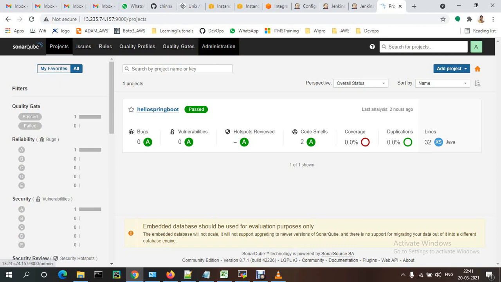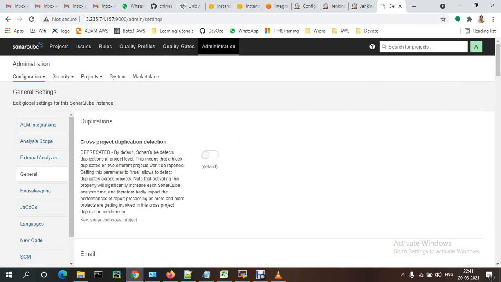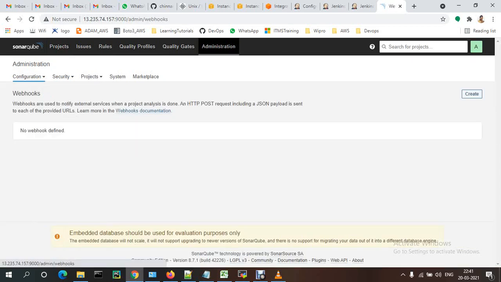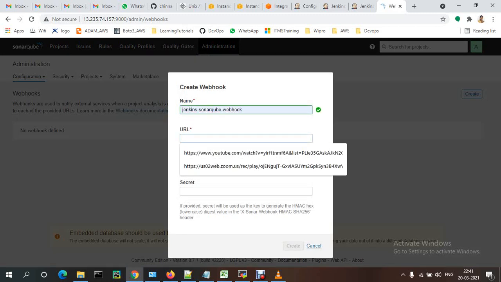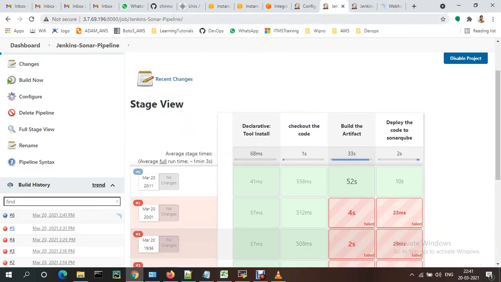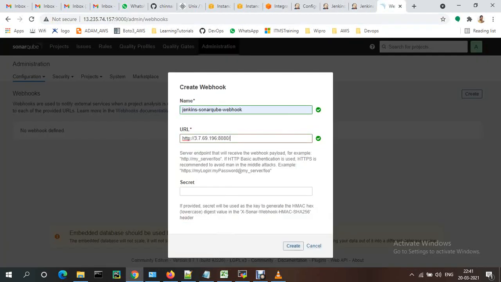Okay. So for that one, just go to administration. Here configuration. Under there is webhooks. Okay. Just need to create a webhook. The webhook name can be anything like Jenkins Sonar webhook, and you need to pass the Jenkins URL. Okay, Jenkins IP and sonarqube-webhook.